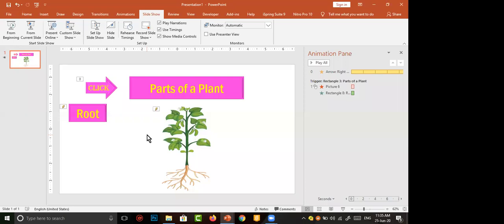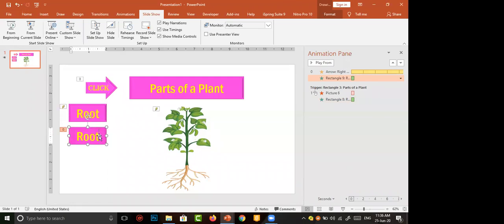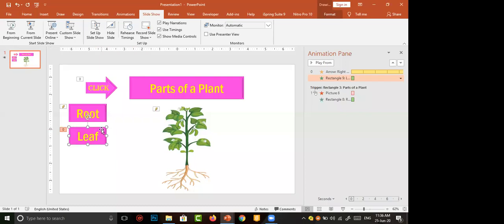Now what are the other things we want? Make a click on the root box, make a duplicate, go to editable mode, delete root, type leaf. Okay, this is the rectangle we have added at present.